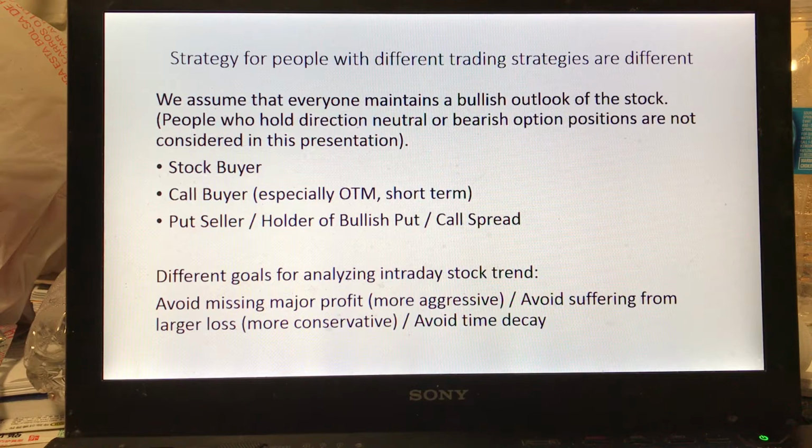Especially for people holding some short-term out of the money calls and hoping that the underlying asset can have a strong climb in recent days, they definitely want to sell their asset as long as there doesn't seem to be such a trend. And also